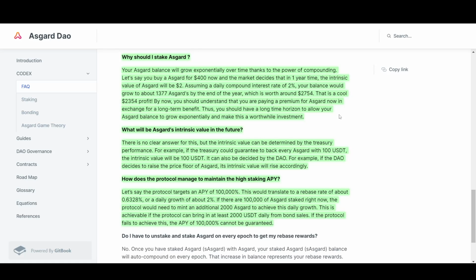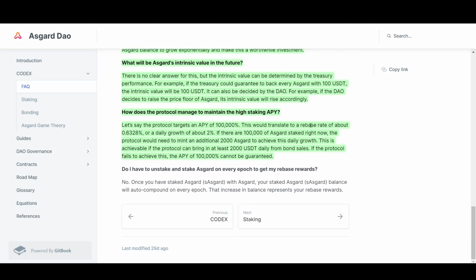And they're explaining here the mechanisms of how these DAO projects are working. And I like the transparency. They're giving you an example how this would be sustained and how the mechanisms work in the back end if we wanted that APY. But if there's not enough bonders and the system is not being supported by the stakers and bondholders, I like that it is explained and outlined here in their papers.